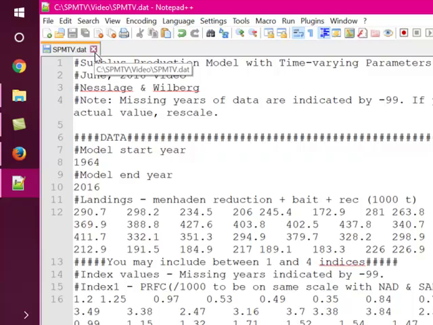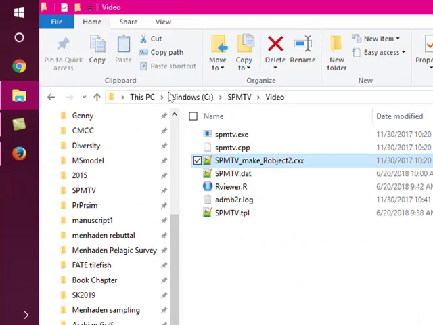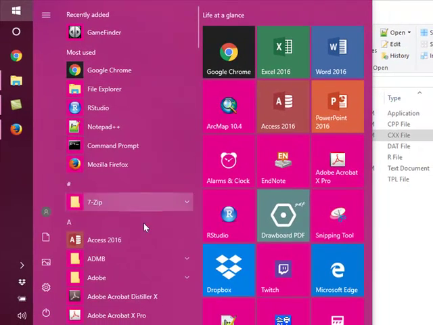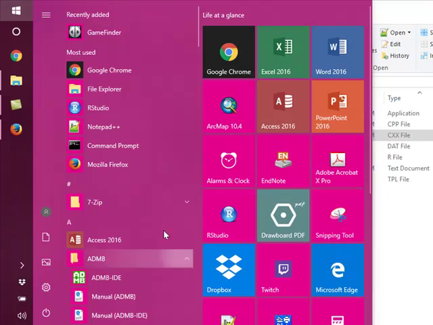I don't recommend Word or any word processing program, but you can do it in Notepad or WordPad, or you can open it up in AD Model Builder and do your modifications in there as well. In fact, let me do that next. So let's just open up AD Model Builder, if you happen to have it loaded,